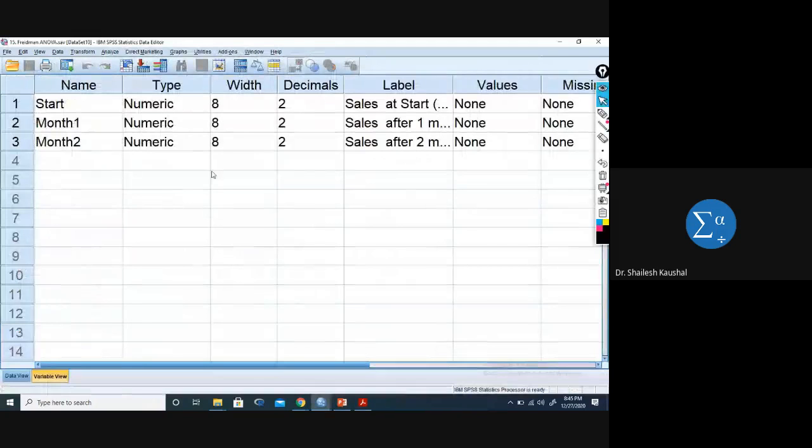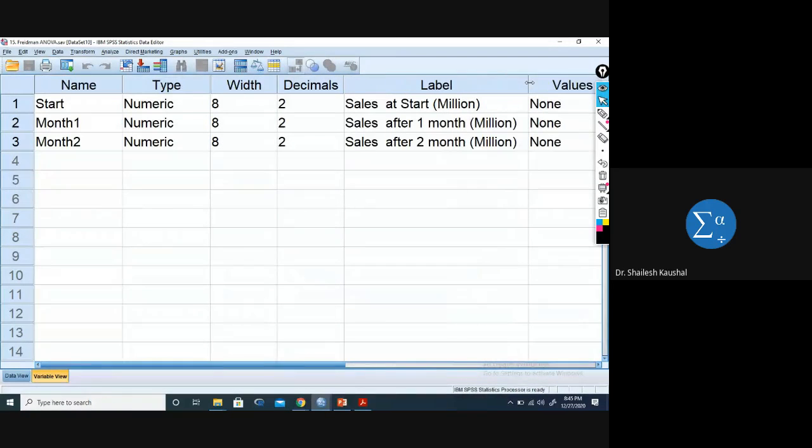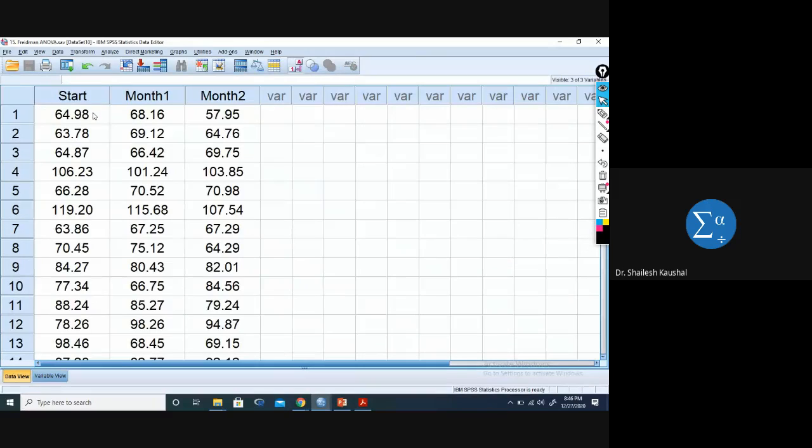Now Friedman ANOVA. In Friedman ANOVA, basically it is equivalent to the repeated measures ANOVA. Sales means baseline sales, we used a marketing campaign, and after 1 month sales were noted, and then after 2 months. So this is the baseline. Okay, and after 1 month we observed sales, and after 2 months we want to check whether this marketing campaign worked or not. Okay, so here we can see there is not a difference much, but we cannot say right now